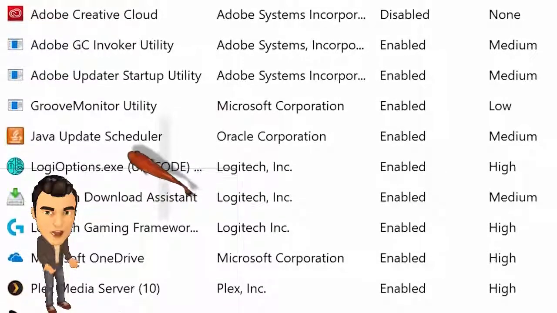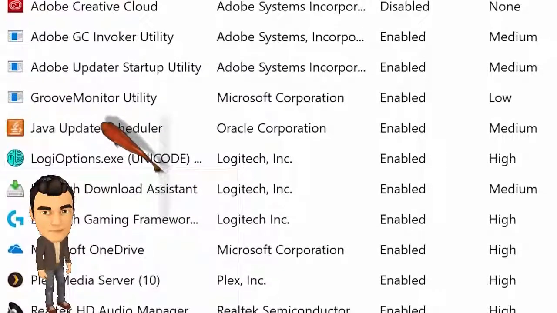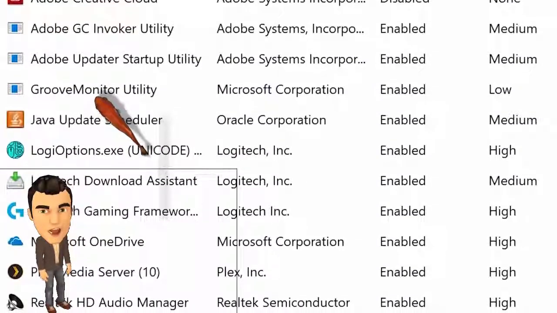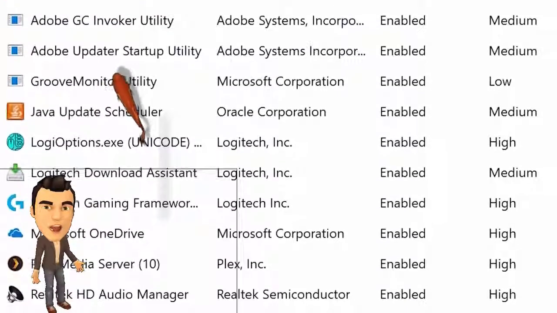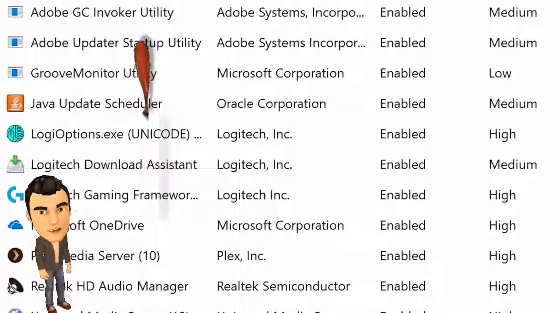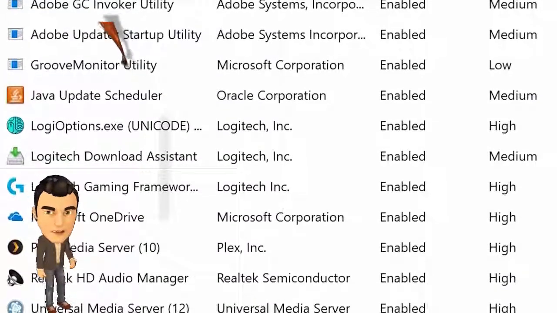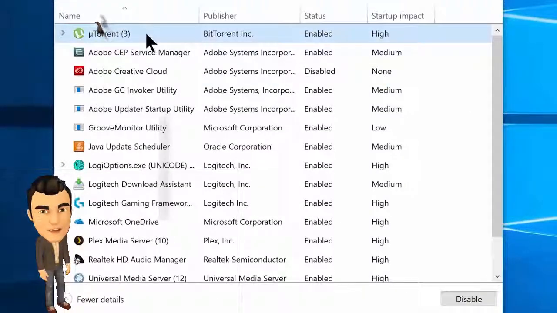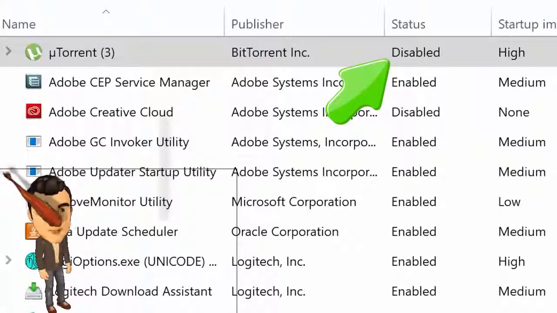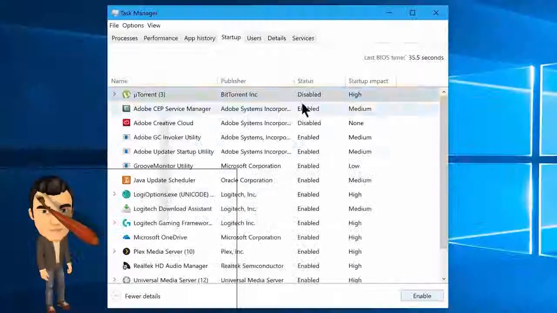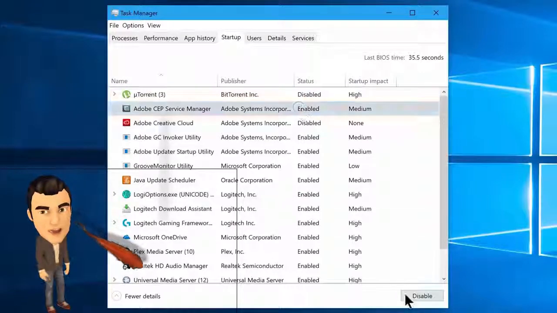Because once it starts up, when your system starts, it will stay running in the background forever until you shut down your computer manually. So let's go and disable every unwanted program from starting up automatically when your system boots. Simply go ahead and select a program, then click on Disable button, which will disable the program from automatic startup while Windows boots. It seems we have a bunch of them here, so let's go ahead and disable them one